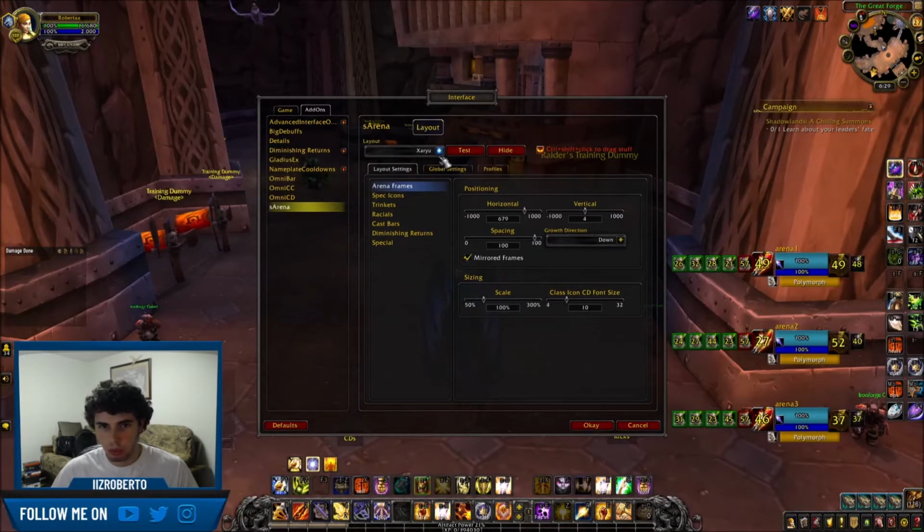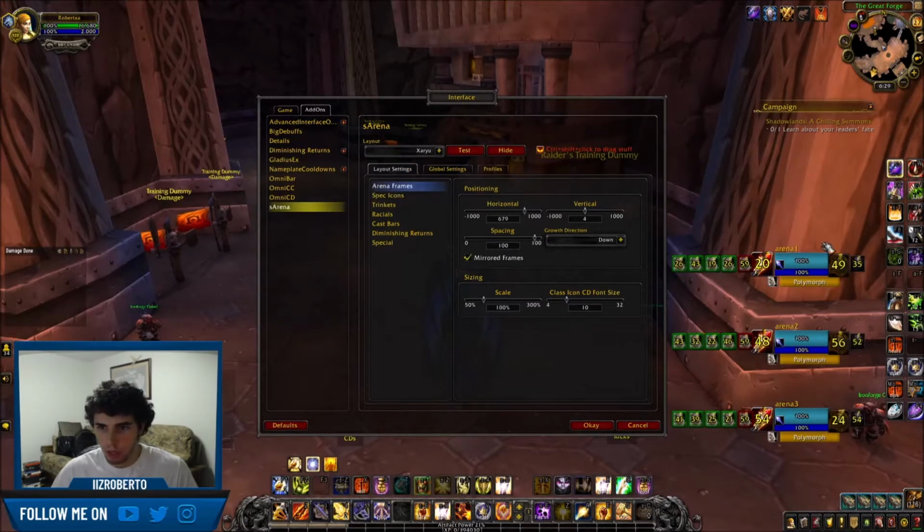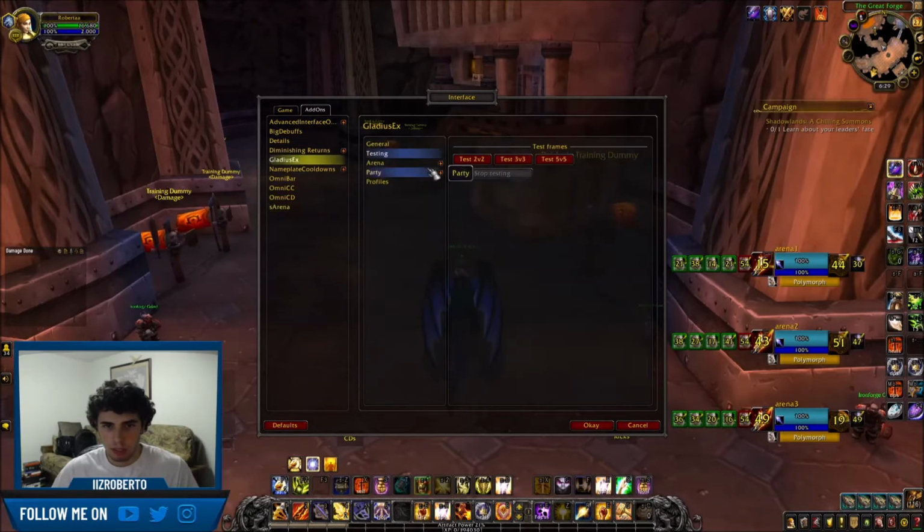First thing you want to do is have the layout set to Zaryu. By default it's Blizz Arena. You don't want it to look like this. It looks kind of clunky. So I tried all of them and my favorite one is Zaryu and it looks like this. And then the other one is GladiusEX. We're just going to turn this on too. Test